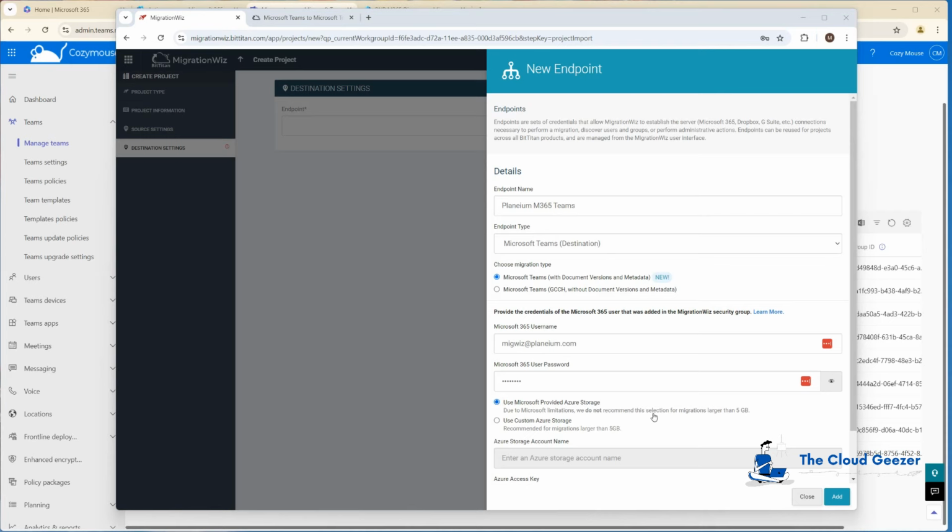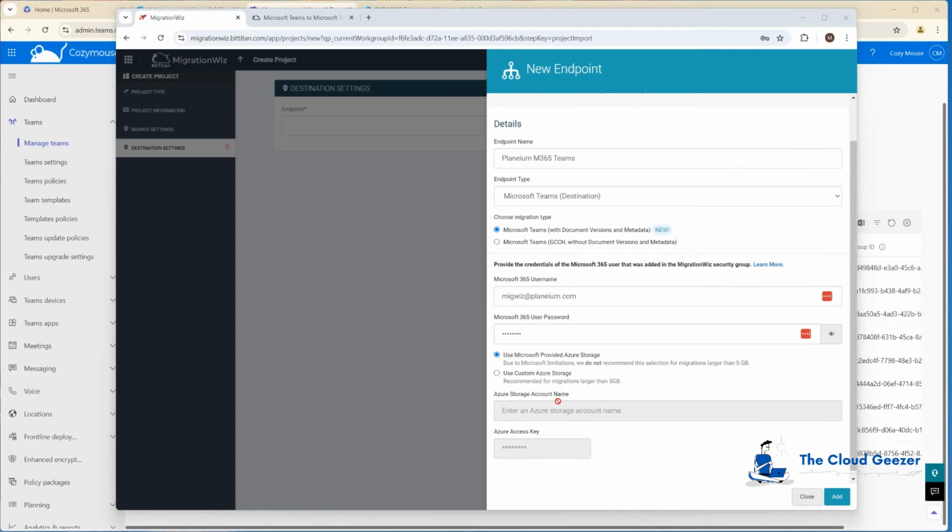And we're going to tell it we're going to run the Azure storage with the Microsoft provided. If we do want to set up a custom Azure storage, then we'd click on here and put in the storage name, and the access key goes in here. For this demonstration though, I'm going to use the Microsoft provided storage. We're not transferring much data there. So now we hit add,